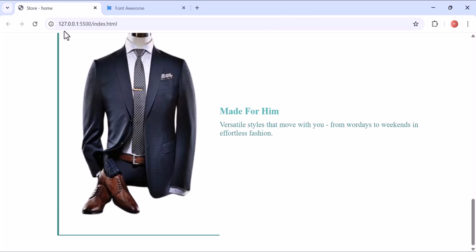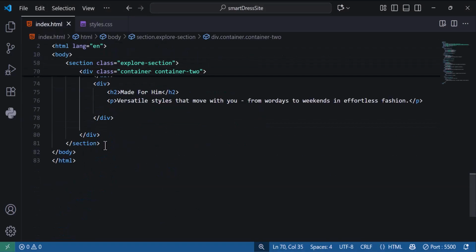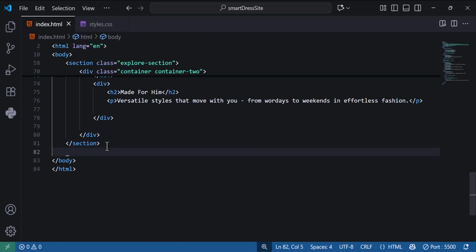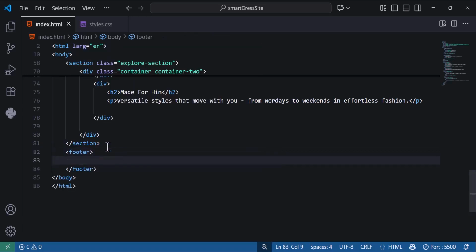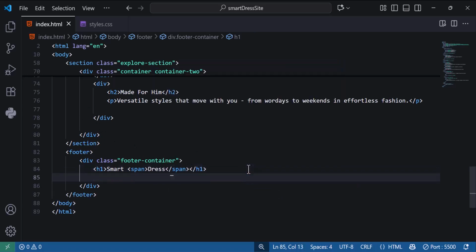Let's check it out. So I will say footer, go back to our code, and underneath the section closing tag I'll say footer like that. And I'm not going to give it a class, so I'll create a div inside it with the class footer-container. So I'll say .footer-container like that, and then open it, and I will say h1 smart, and then as usual we have a span, and then I'll say dress like that, and we'll go underneath the h1 and say div,